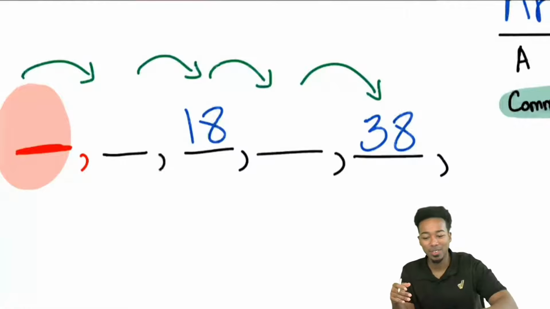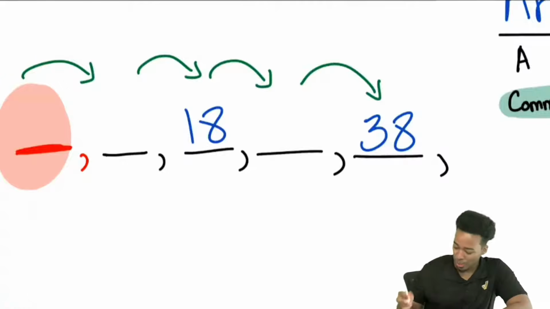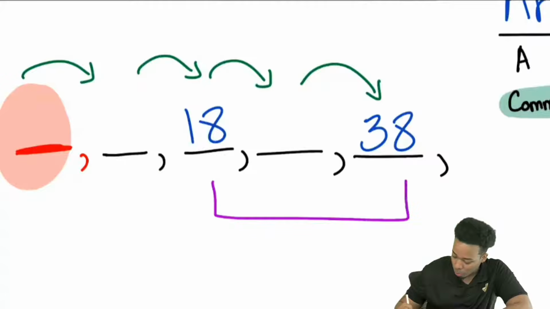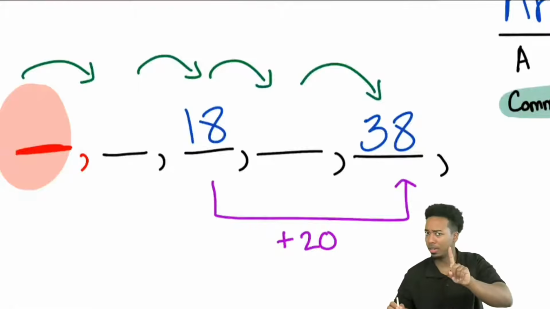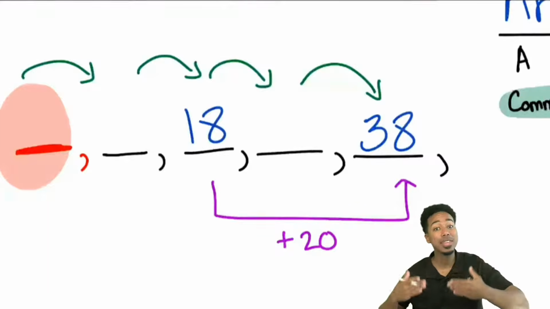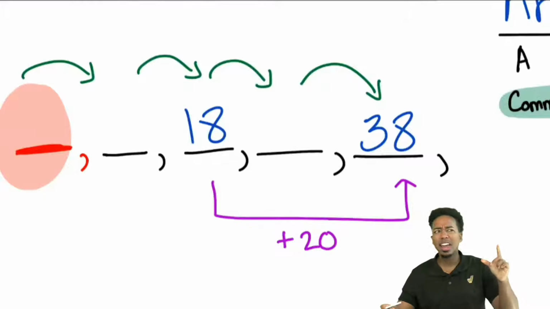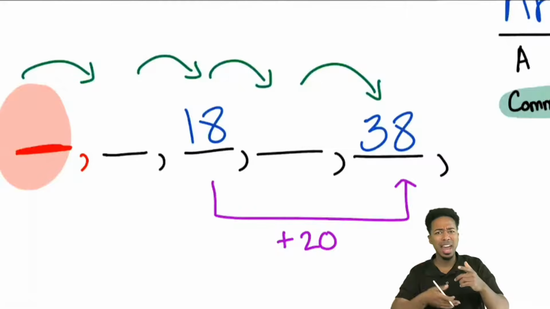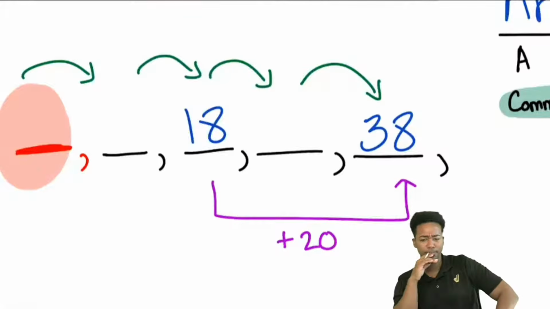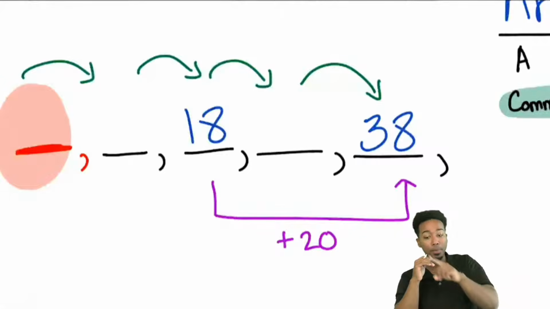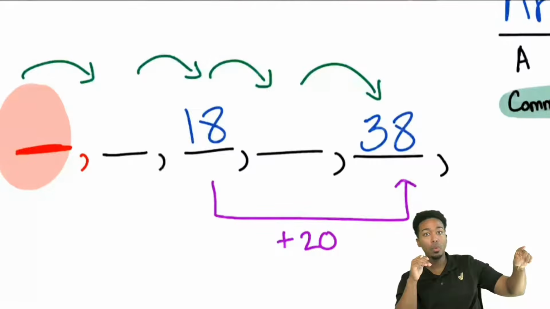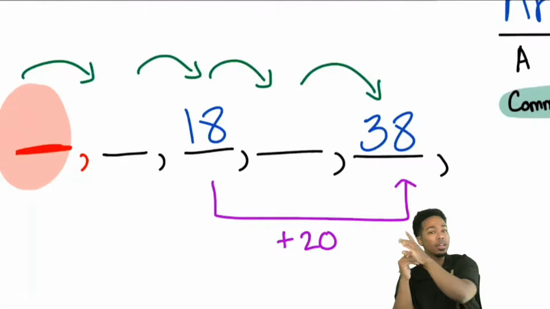So here's what we do, my party people. I got you. No worries. So we see here that to go from 18 to 38, that's plus 20. But we jumped 2 numbers, not 1. And since it's the same thing every time, if we jumped 20 over 2 numbers, everybody, what's 20 cut in half? Divided by 2. What's 20 divided by 2? 10. Because if you're jumping 2 numbers and that's 20, well, if it's going to be the same number every time, if you're only going 1 number, it's half of that. It has to be half.